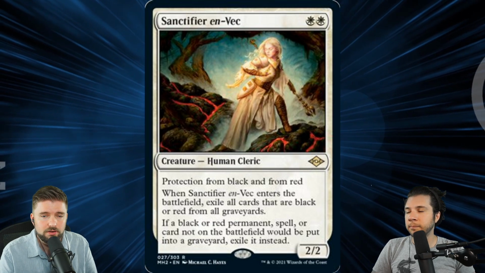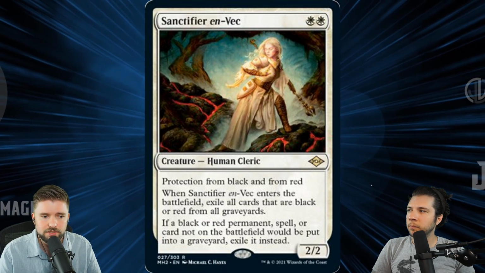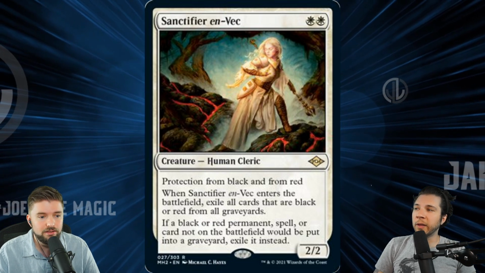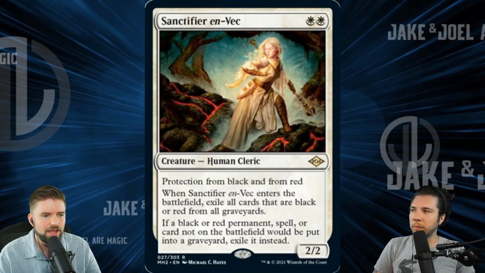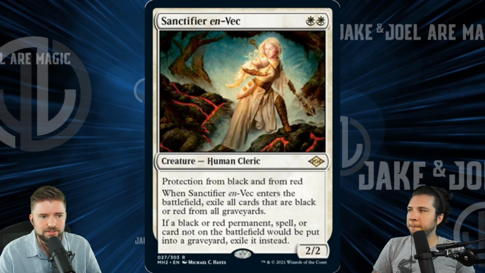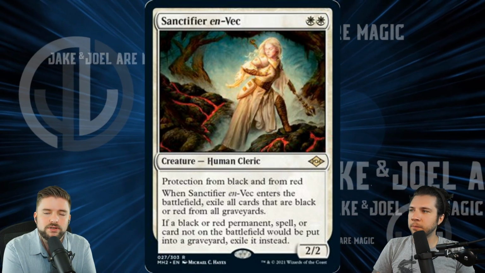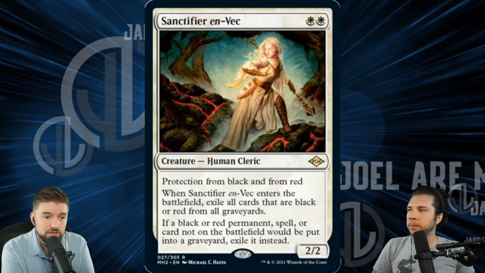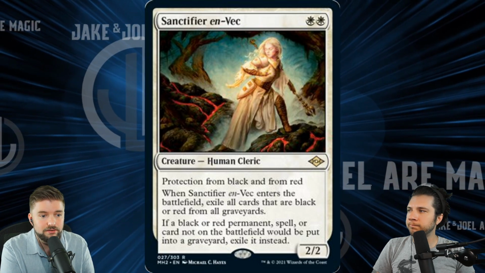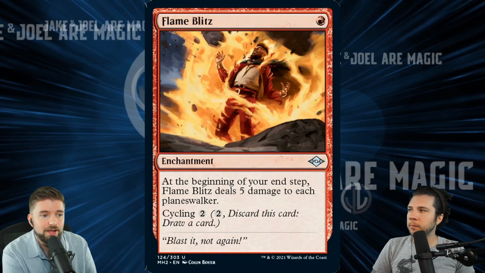I love when they have a card that was pretty much made for constructed. This looks like a modern card to me. It's beautiful against Storm. Just side note, very good against Storm. Yeah, absolutely. It hits a couple of different archetypes being split between black and red. It's kind of cool. But I like when cards cross over into the design space of, this could be a really good hate bear